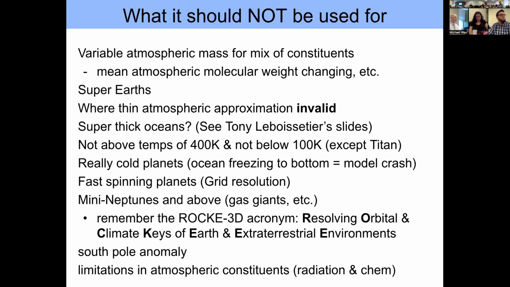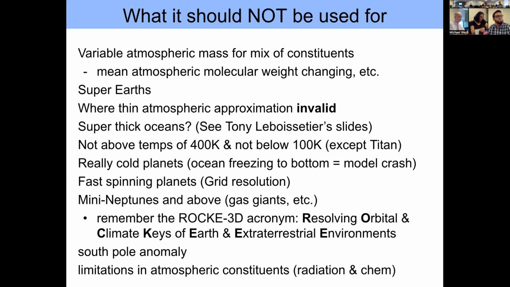Okay, so what are some of the things that the model should not be used for in general? I think these are things worth discussing. Right now, we cannot change the mean molecular weight of the atmosphere after the model starts. That means, for example, if your planet starts to get quite warm and you start loading the atmosphere with more and more water vapor, that changes the mean molecular weight of the atmosphere, and things like convection will not be correct because they will assume a given mean molecular weight. This is something we're working on resolving in a future version of the model, but at the moment that will